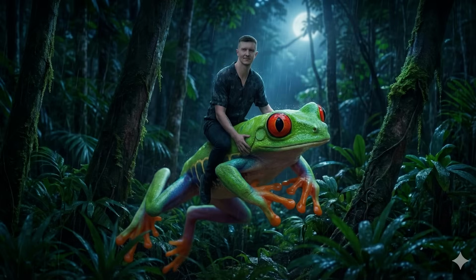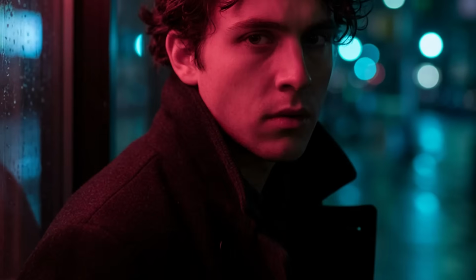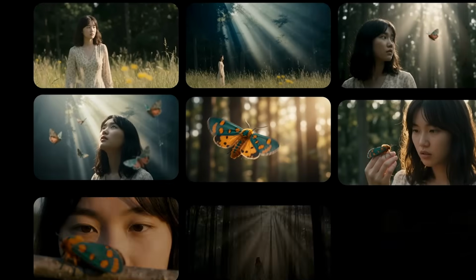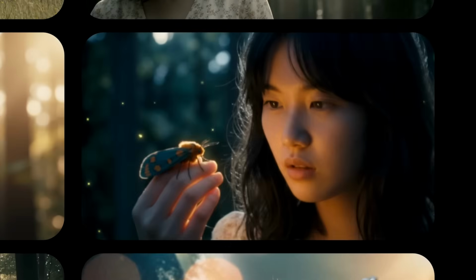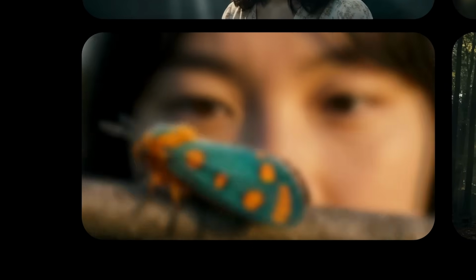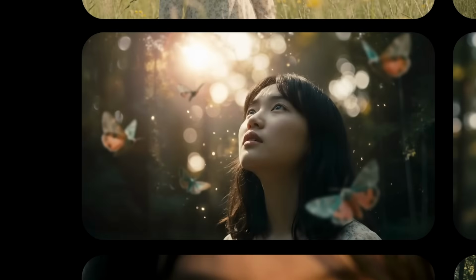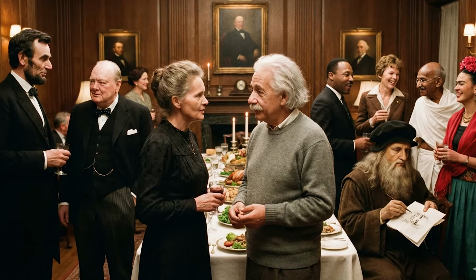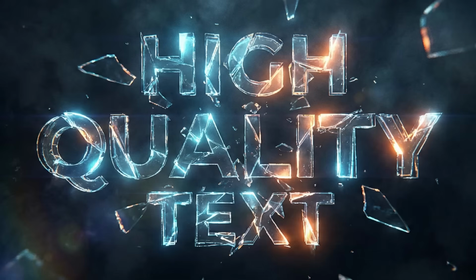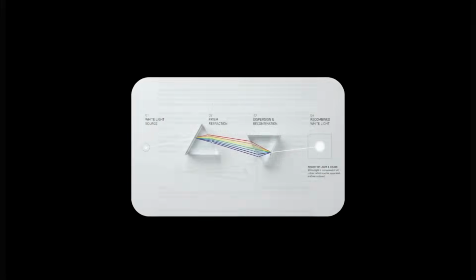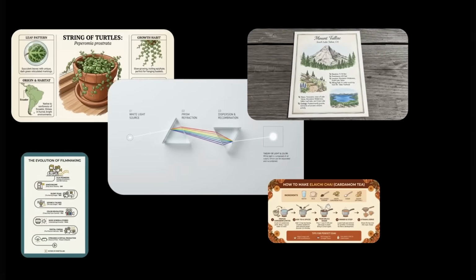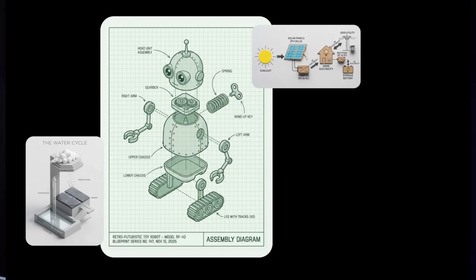Nano Banana Pro has just dropped, and it's truly the most impressive AI image model I've seen. Now, that's not just on the levels of realism, like these images coming out, but also on the ability to maintain perfect character consistency or create complex group shots with a whole host of different individuals. Its ability to render out high quality text opens up the possibility for incredibly complex infographics, diagrams, and graphic designs